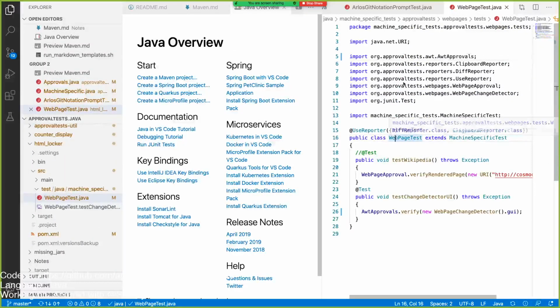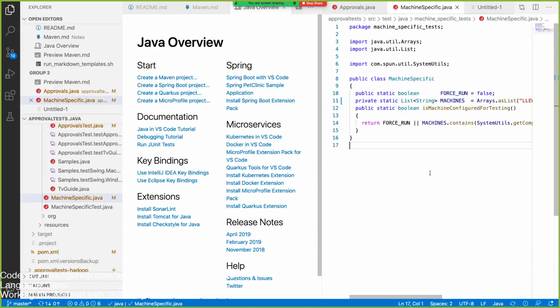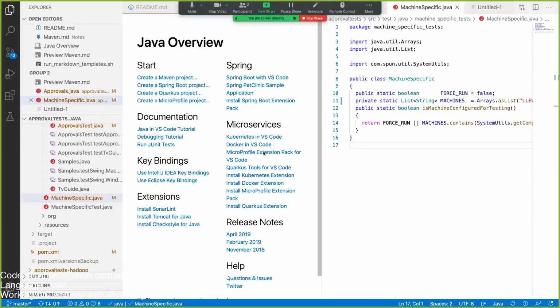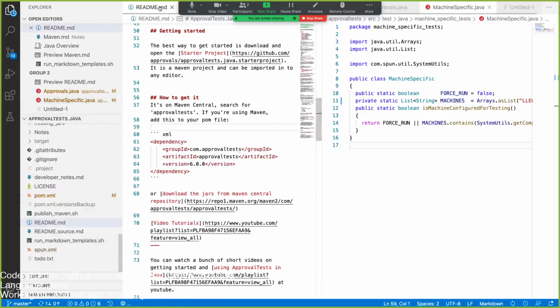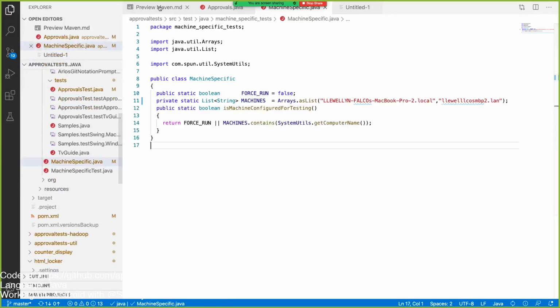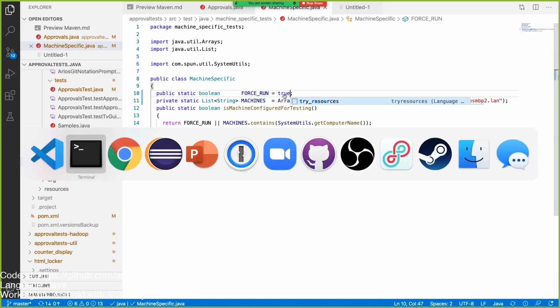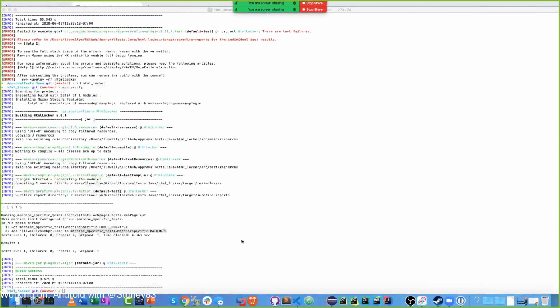And if I open up machine specific, let's get that out of the way. There we go. And when I run it, it says that, and it definitely does not run them. But here I have a list, and I guess I can just say force run is true. And it's not the best way to run it, but